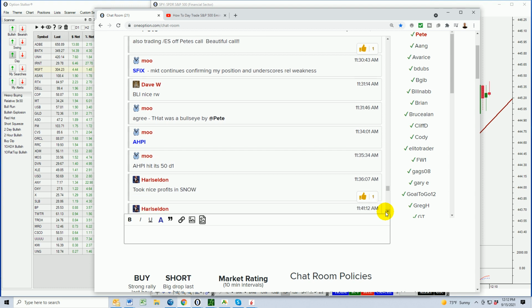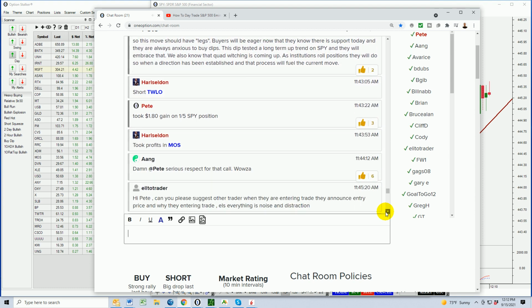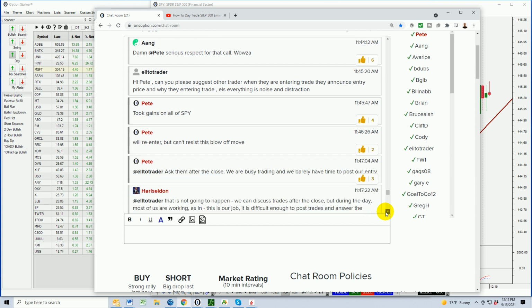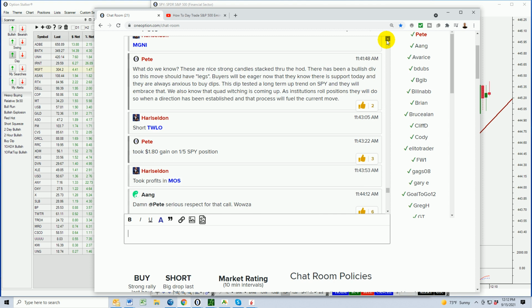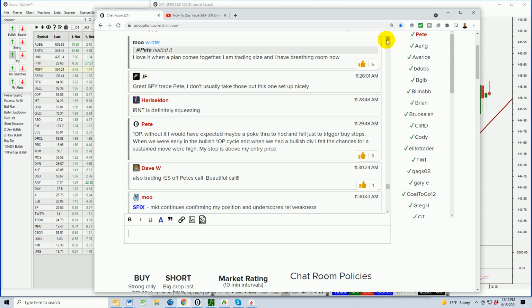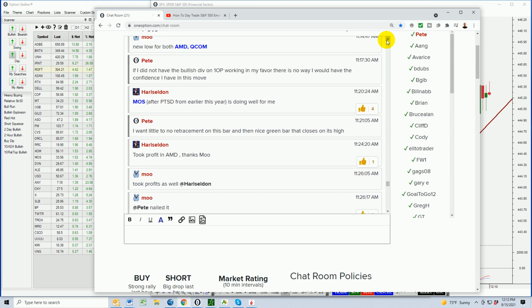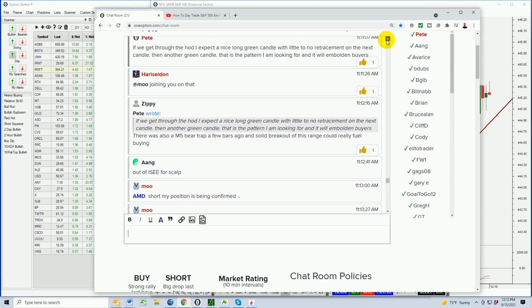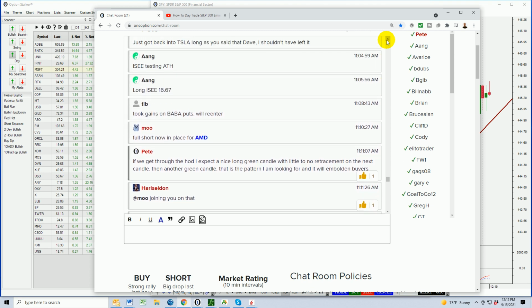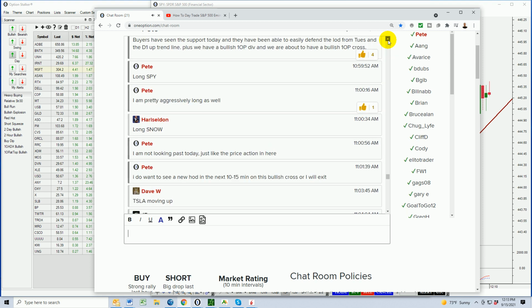And I know I had mentioned in here, but I can't seem to find it, that I was aggressively long and I kept scaling in and scaling in. So I'm trying to find that comment because I know that I bolded it. I can't find it offhand, but I was wanting members to know I think this is going to be a big move higher, and that is why I am aggressively long. So I'm sorry that I can't find it offhand,